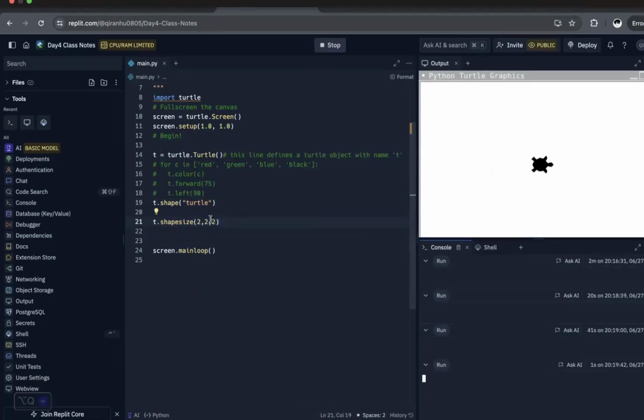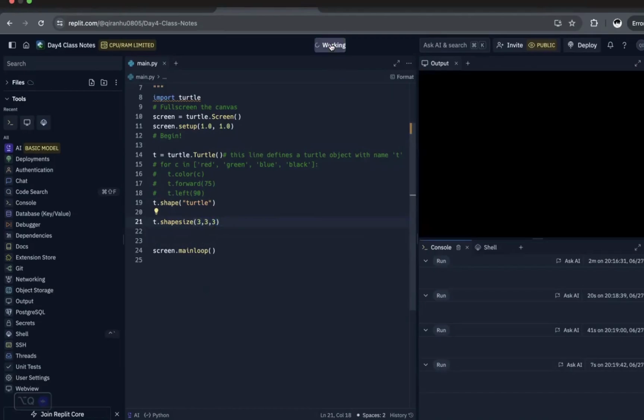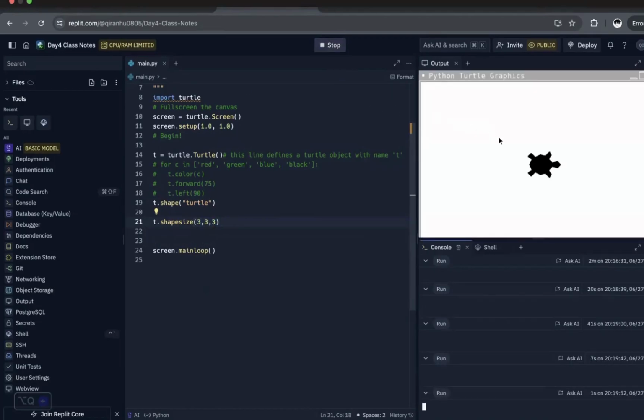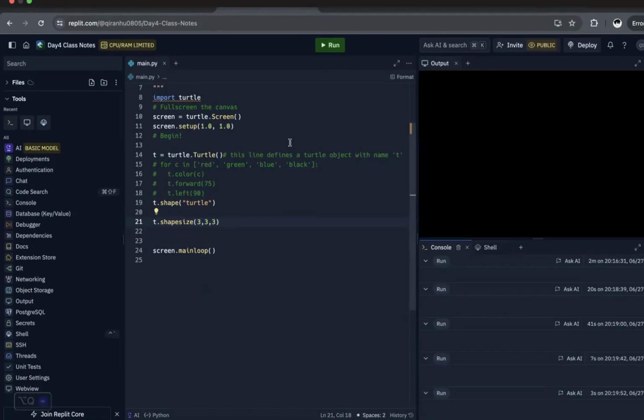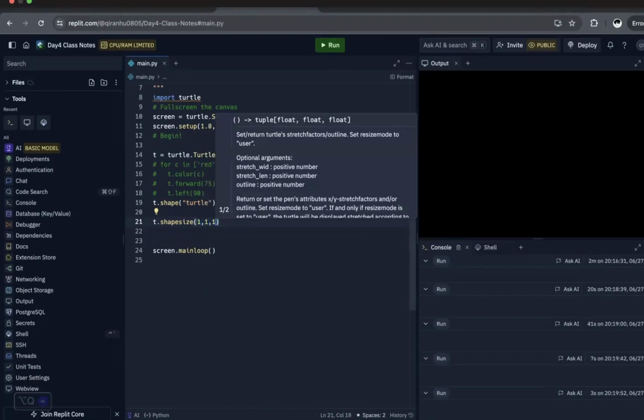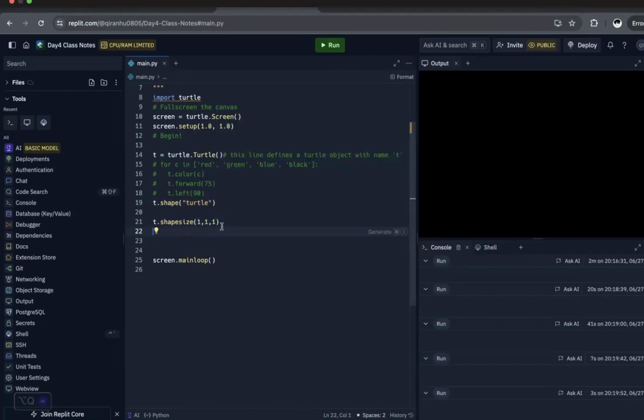We can see that the turtle has gotten bigger, and then three. I think these are dimensions, which means horizontal, vertical, and so on. See, it's getting bigger and bigger and bigger. So let's turn it back to 1, 1, 1. And let me make a note over here. This allows